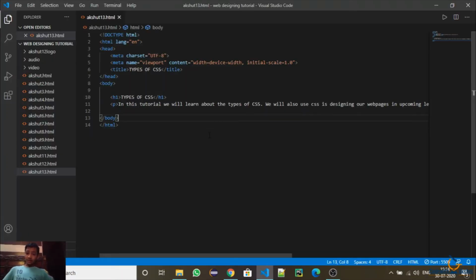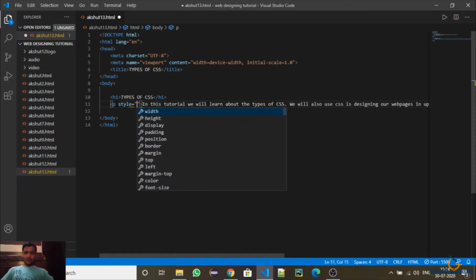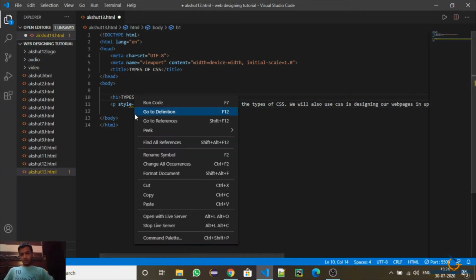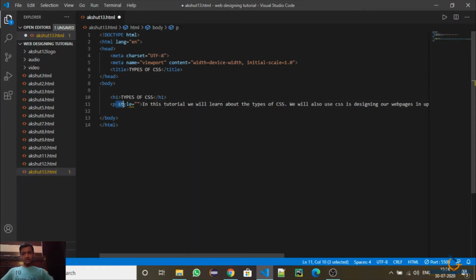Now I will tell you the types of CSS. So first is the inline CSS. In inline CSS we put the style attribute in the element. You just need to put the style attribute in the element to use inline CSS in it.